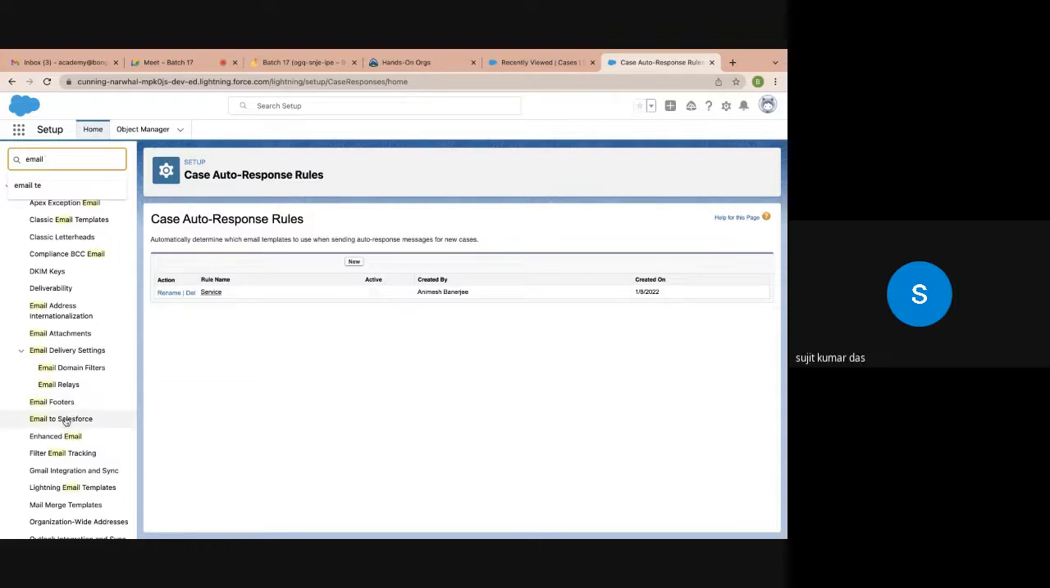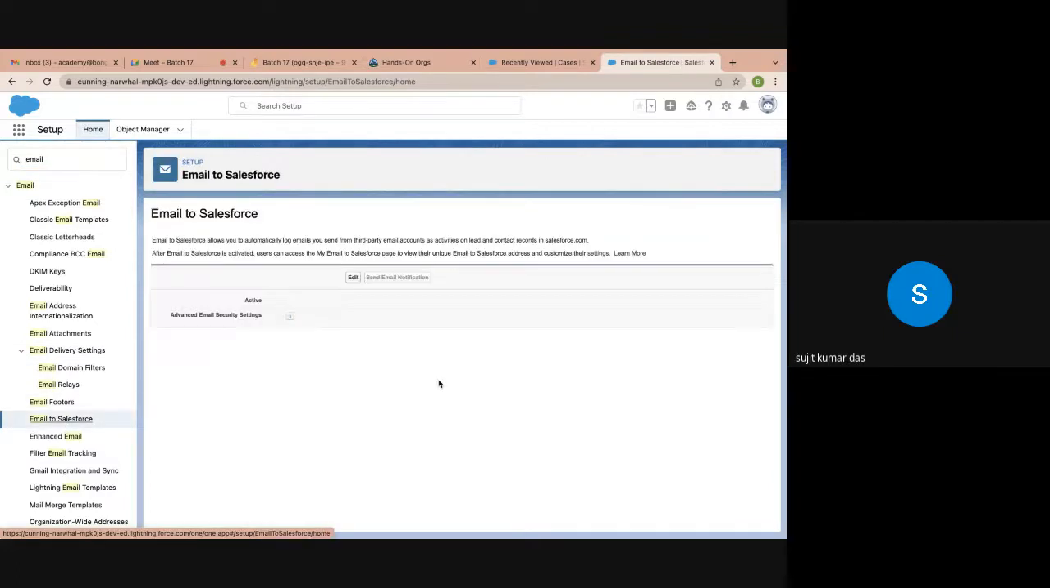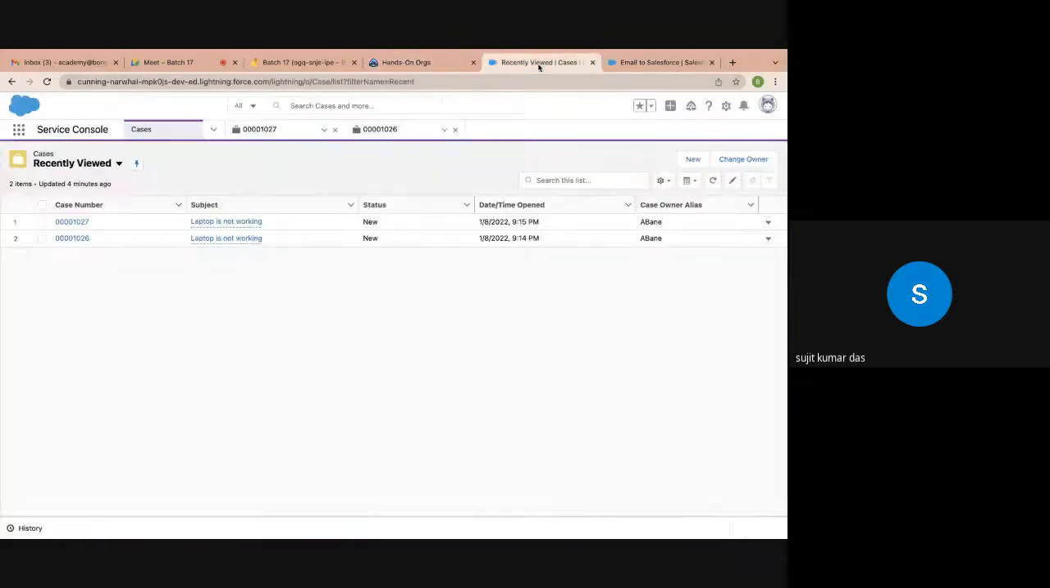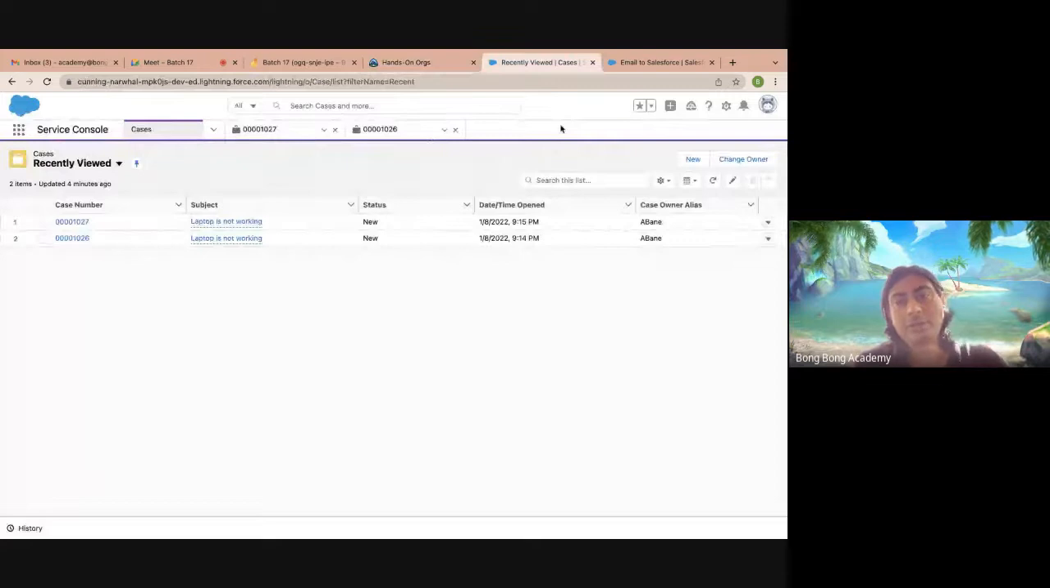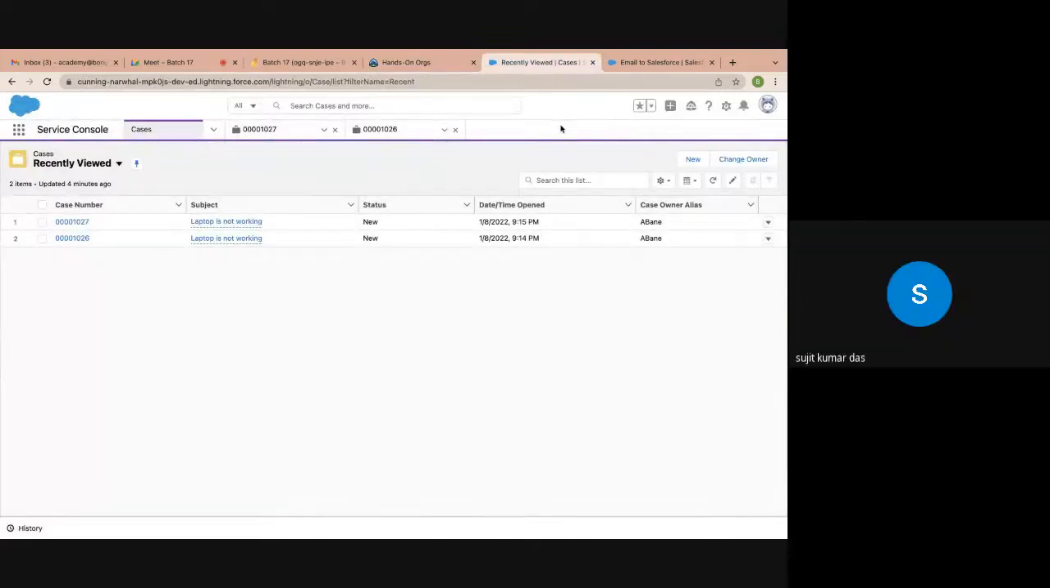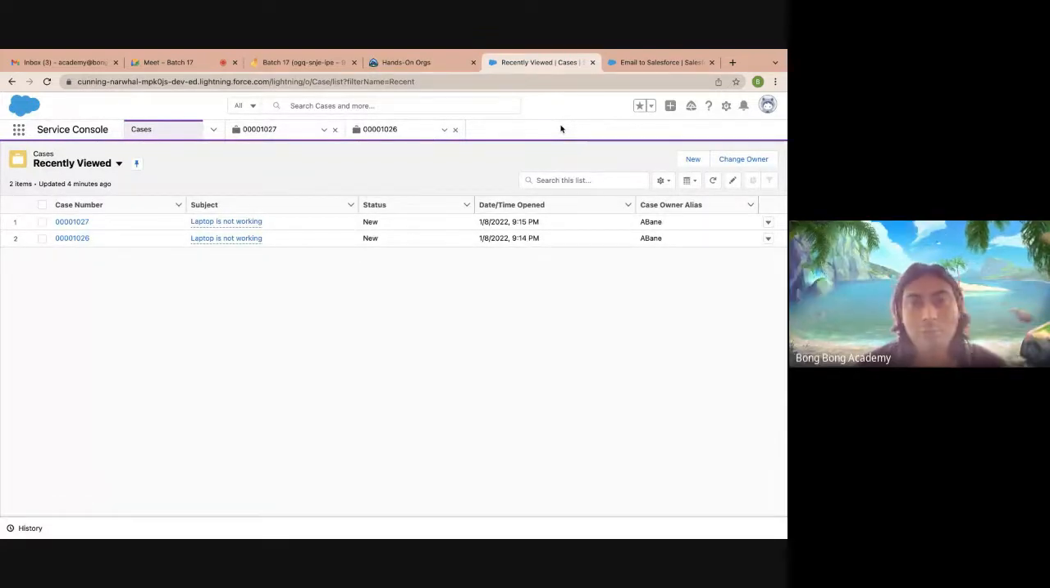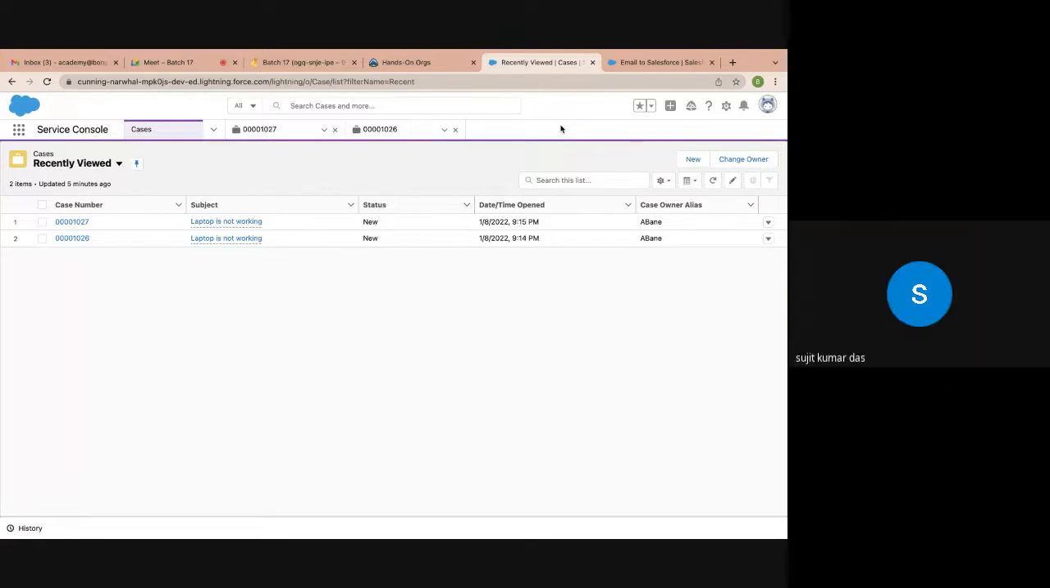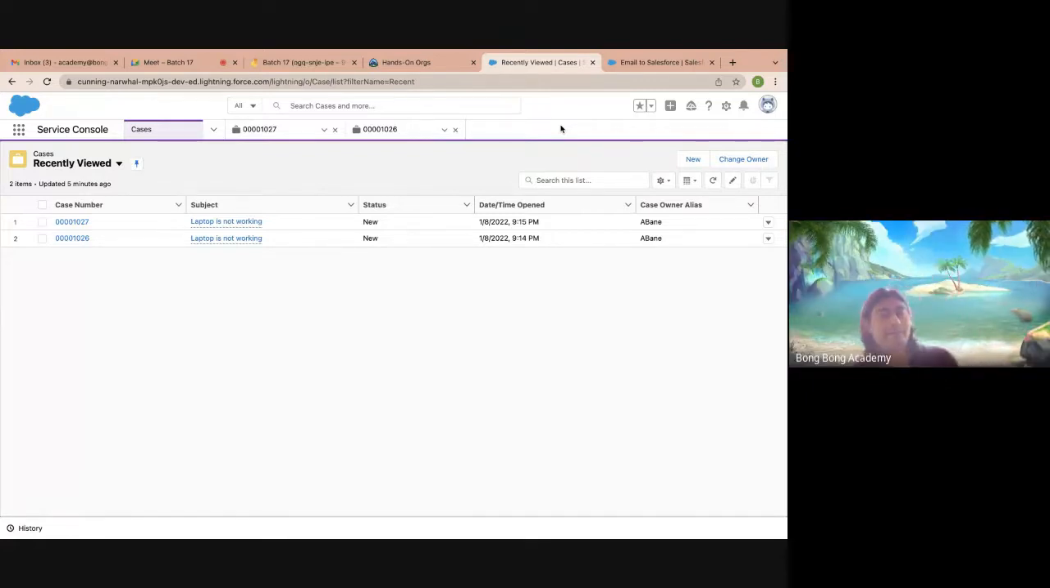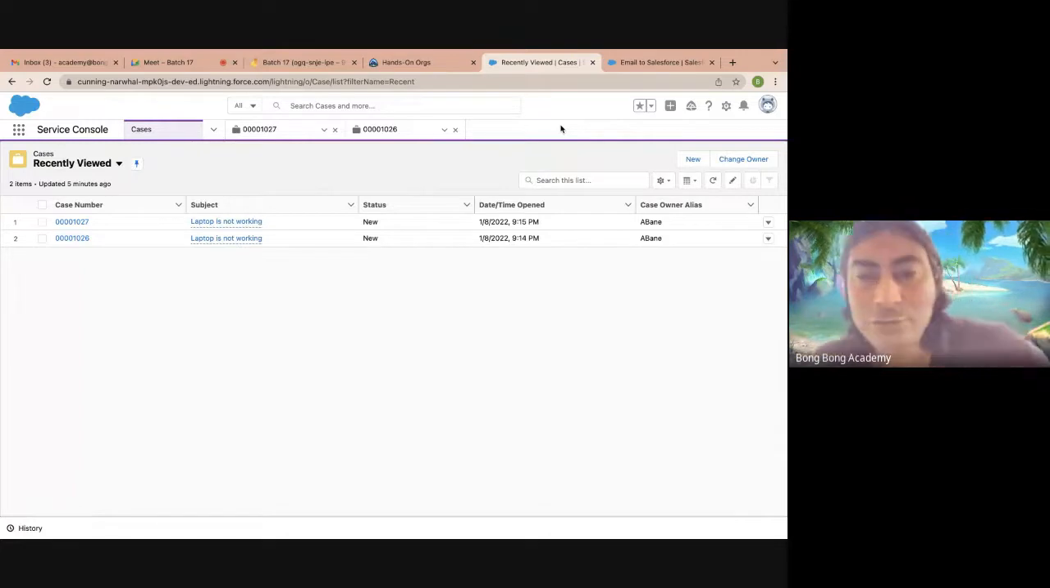Sir, for the admin part, flows and case management are very crucial? For certification, or are you talking about working as an admin? Working as an admin, flow is the most important thing, and security is the next most important thing. Security and flow must be crystal clear to you. Security means OLS, FLS, RLS, object and sharing. Everything must be crystal clear to you, and flows must be rock solid for you,